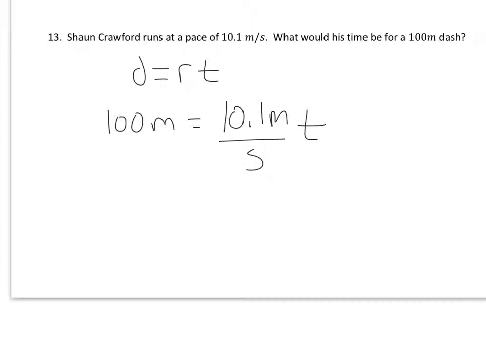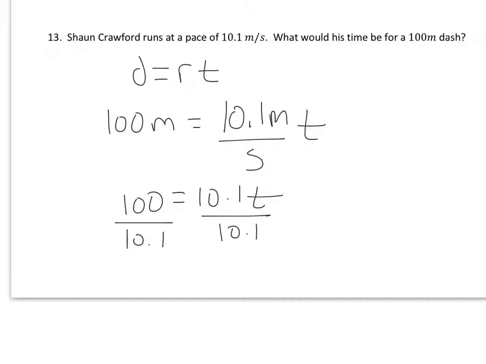So here's the thing. What I'm going to do, another way to look at this, you can forget about the units of measure right now. Just say 100 equals 10.1 t. So divide by the 10.1. But the thing we have to remember here is to label at the end. So your time would be approximately